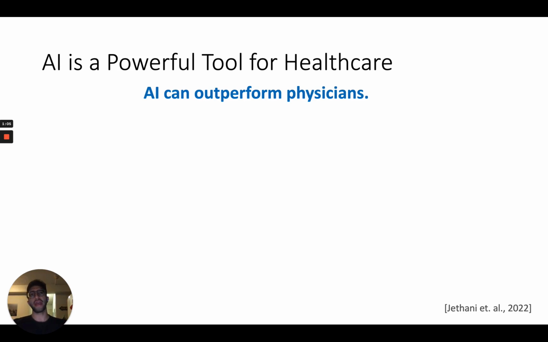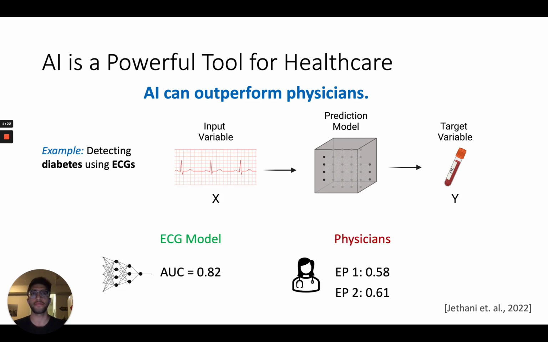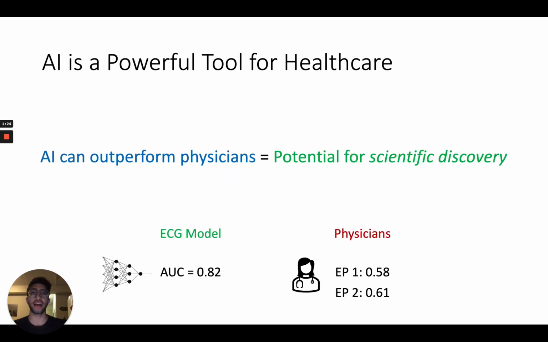As we all know, AI is a powerful tool for delivering healthcare. In fact, AI models can outperform physicians. For example, consider using AI to detect diabetes using ECG data. Recent work has shown that AI models significantly outperform multiple experienced electrophysiologists. Because AI can accomplish tasks that humans cannot, this opens up the potential to learn something new using AI and